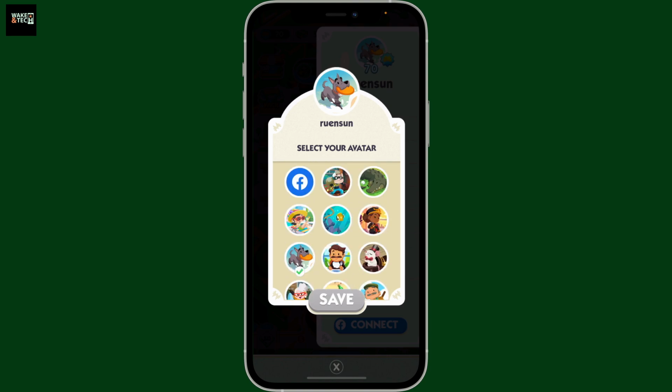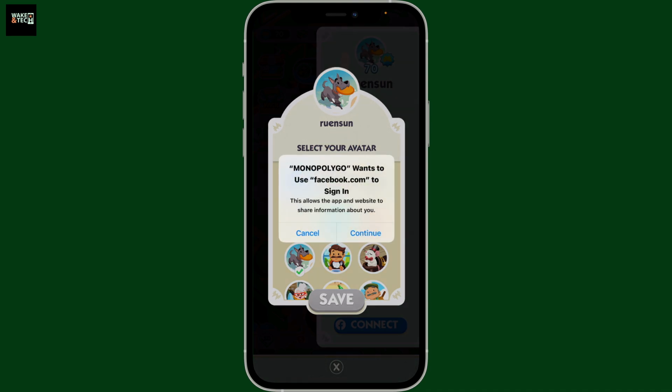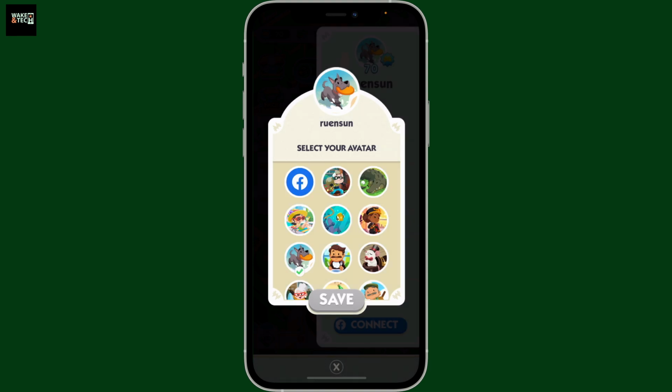If you want to upload your own picture, then you'll need to go ahead and tap on the Facebook logo over here and continue signing in with Facebook. If you already have signed in with Facebook, then your current Facebook profile picture will be used as your avatar